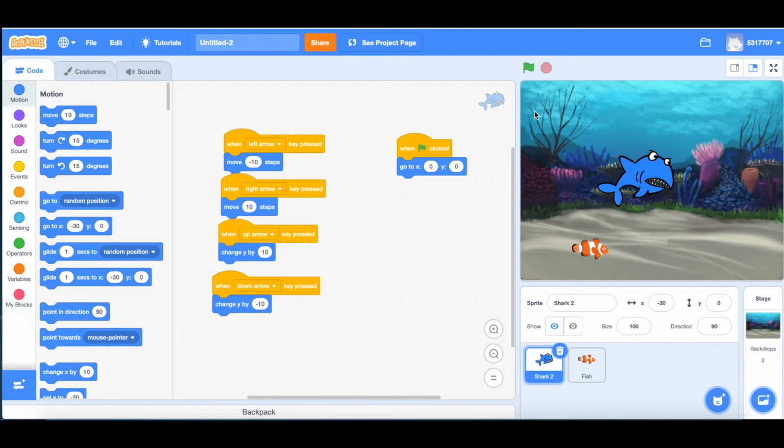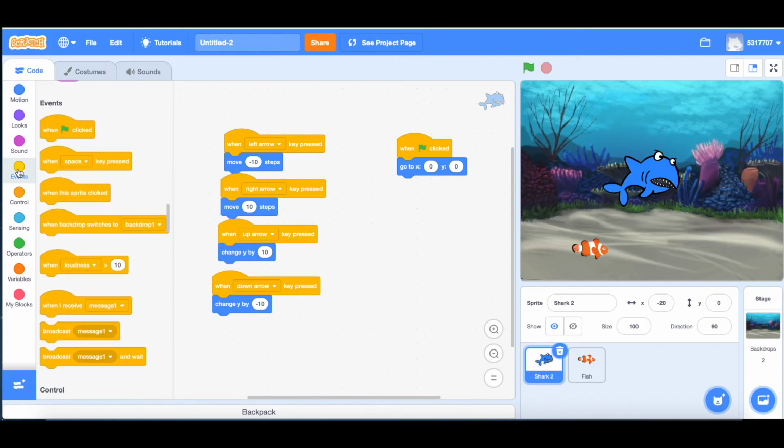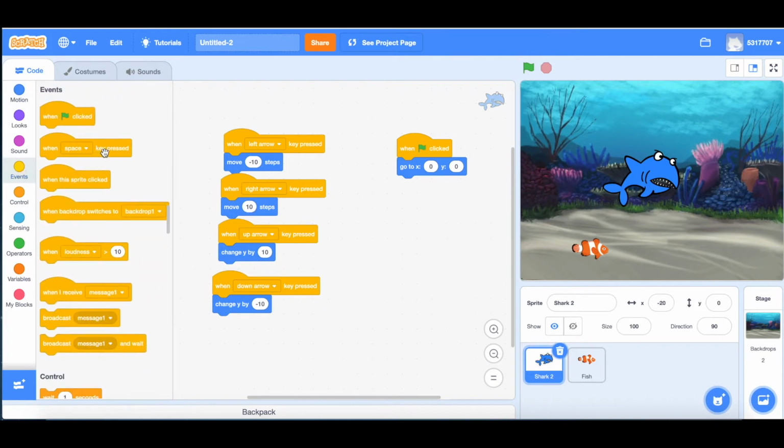Our shark goes forward and it goes backwards, but it doesn't turn. So it looks a bit weird. To avoid that, we are going to use left arrow key and right arrow key and do some blocks to let it turn around. So in order to do that, first go to events,